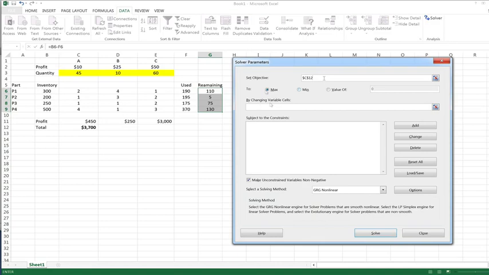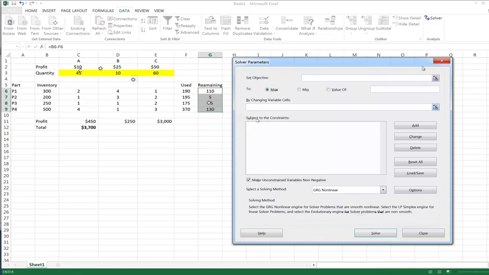And then we want to select the cells that we can actually change, which are the 3 in yellow. So I'm going to highlight those. I just drag across, and that sets up a range. And then I'll click again. And now we need to set some constraints, because we do have constraints. The constraints that we want to